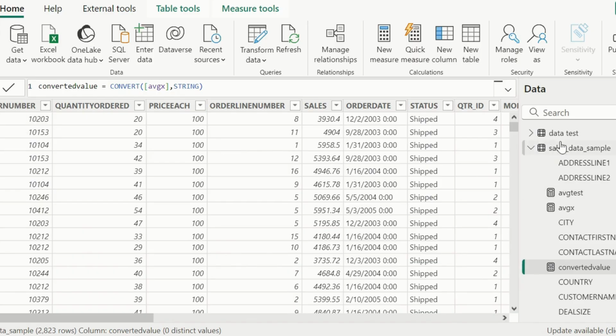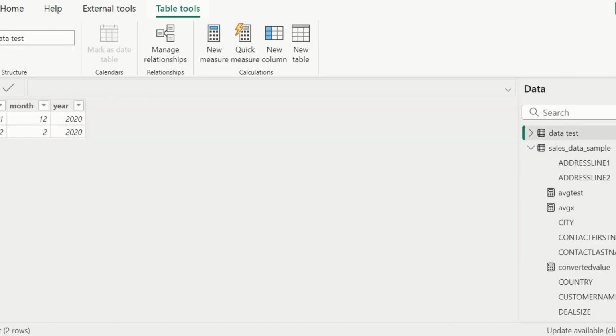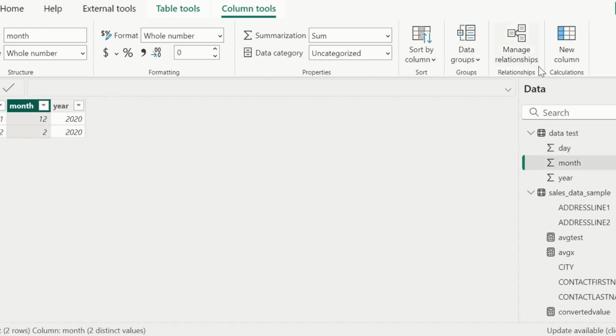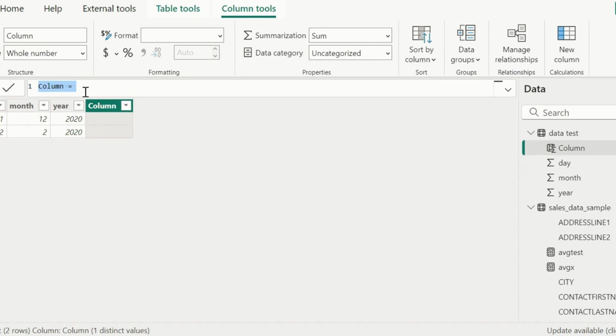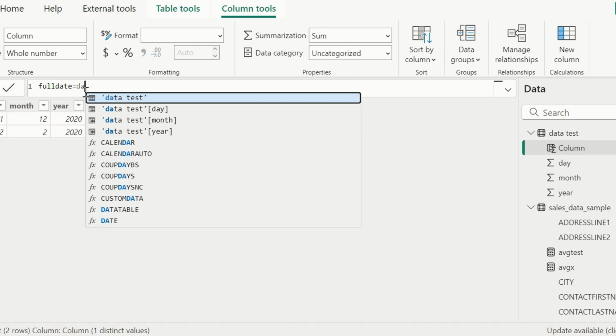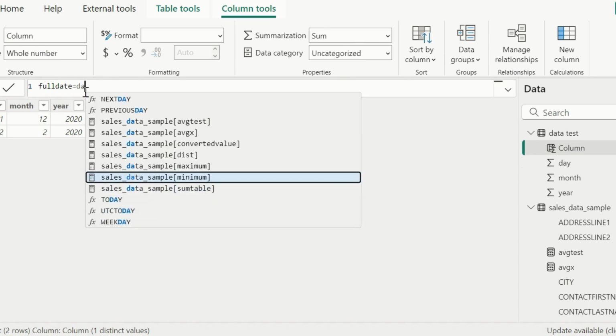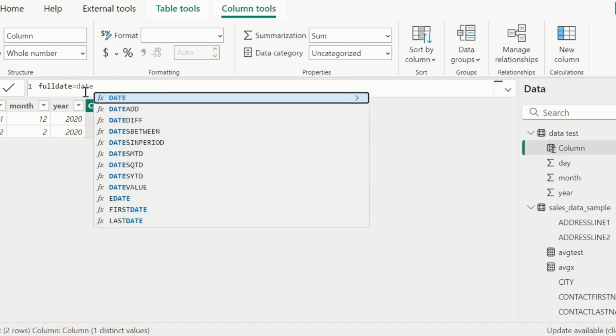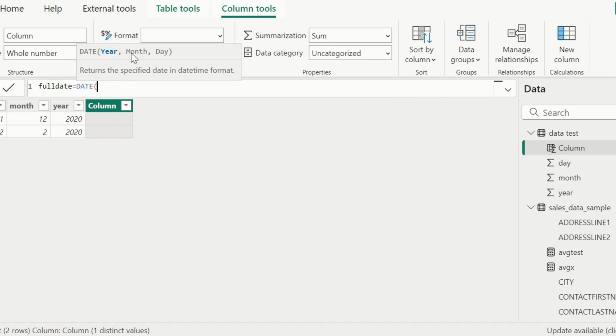Let's use the DATE function for this. I will click on new column. This will combine the dates. That will be full date equals DATE. You can see that it will take year, month and day.